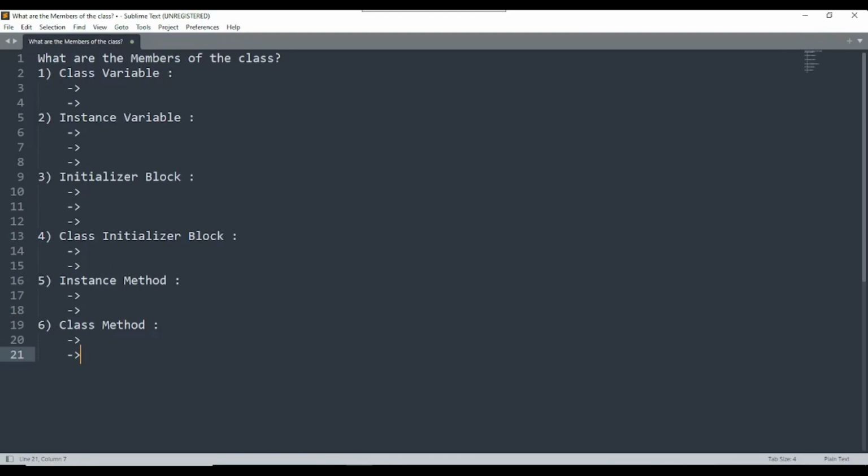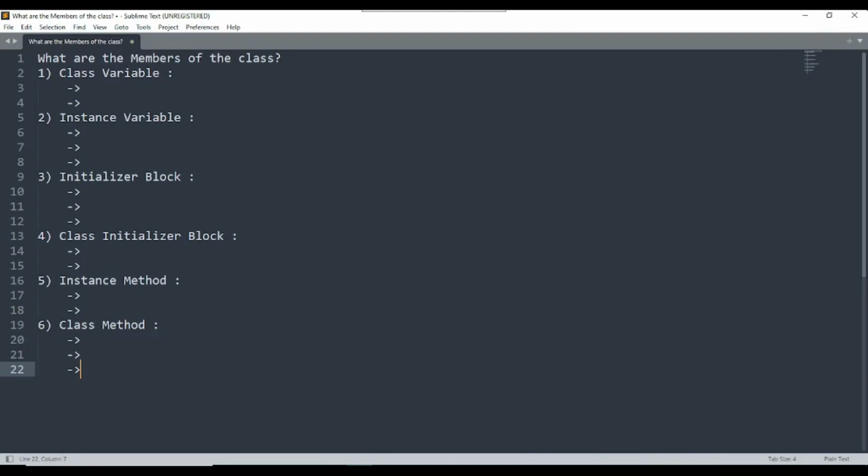So to call a static method, which means a class method, you do not need to create an object. You can call the static method by using a class name and a dot operator. You have to write the class name first, then a dot, and then your method name. That is why we can say we can call this type of method by class name and a dot operator.